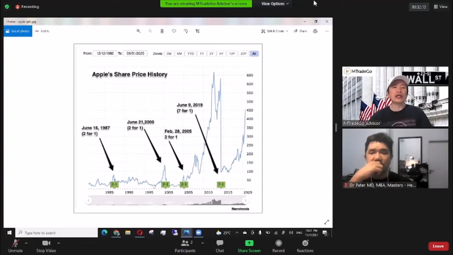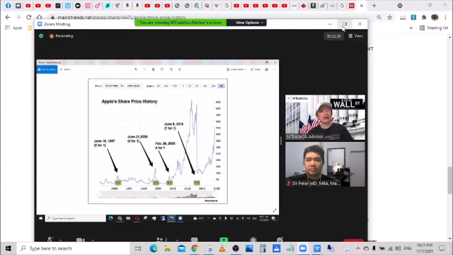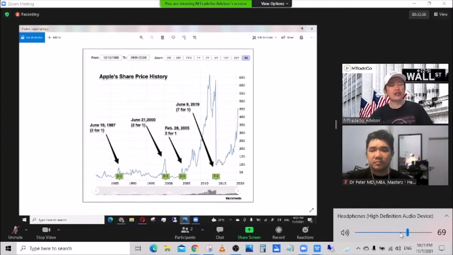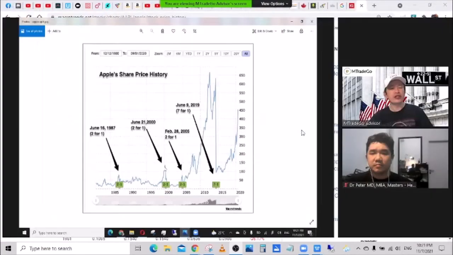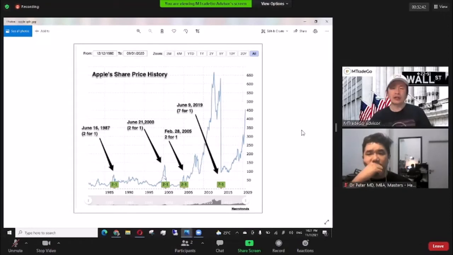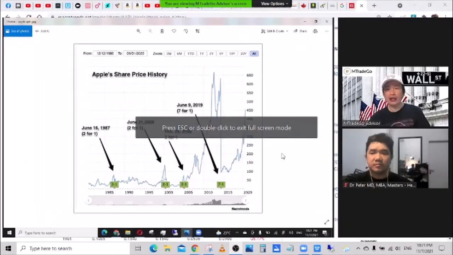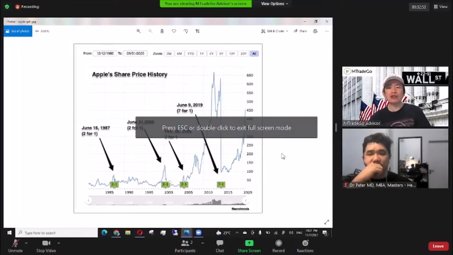So again, the share movement is not so much, and you keep holding it, or you can keep adding to it. Let's say every month you keep adding maybe 50 shares, or pretty simply 100 shares. Every month you keep buying, and maybe you have about 5,000 shares already. In the year 2000, on June 21st, Apple split again 2 for 1. So your 5,000 shares will become 10,000 shares.